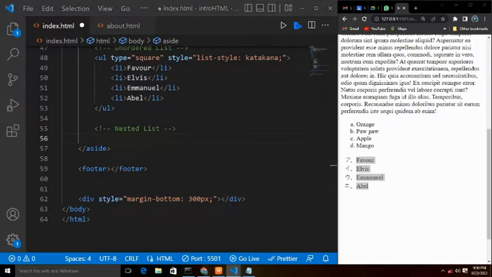Call it a nested list. And that's what it is. So what I'll do is simple. I want to have two lists, but one will be inside the other. So to do that, I will use